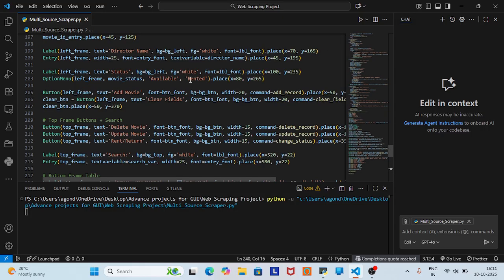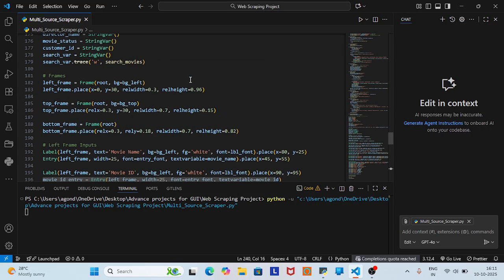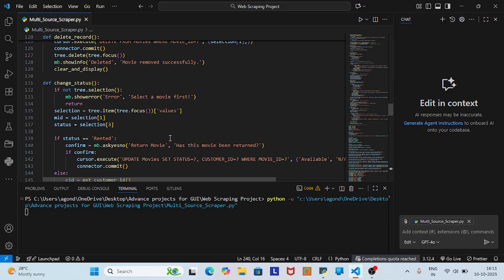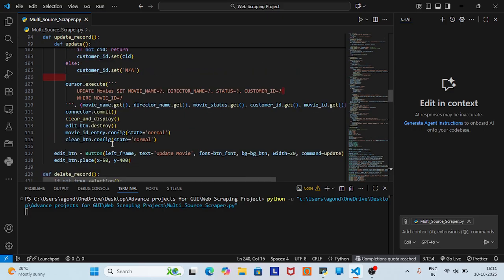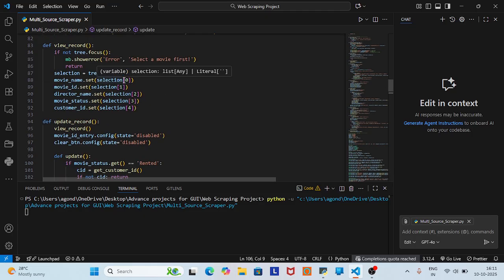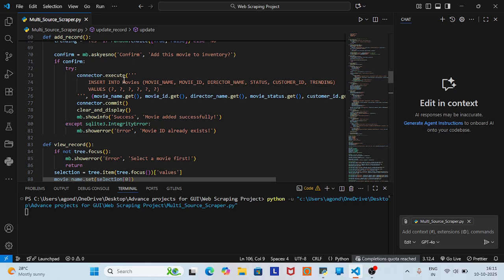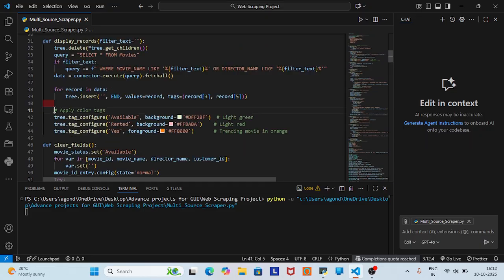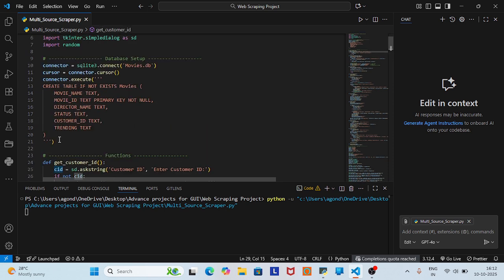So for the overview, we can say in this app we have created functionality for movie CRUD operations: how it has been done, editing, creating, updating, viewing, adding the records, clearing if there are any mistakes, and search engine like stuff, searching, and then applying colors, theme designing right there, and ID defining, and database